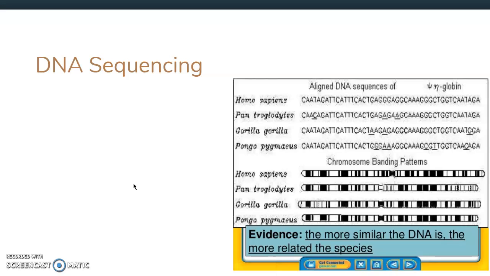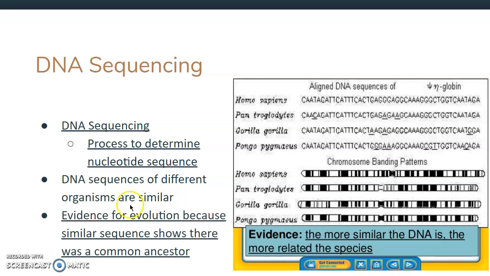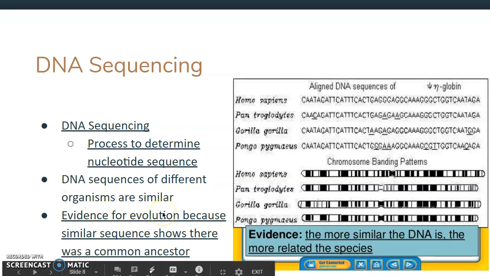evidence to support evolution is DNA sequencing. This is a relatively new idea. And let's first again define DNA sequencing. It's a process to determine the nucleotide sequence. DNA sequences of different organisms are similar, showing that, if they are similar, it is evidence because similar sequences show there was a common ancestor. We also have a little evidencing in this picture saying the more similar the DNA is, the more related